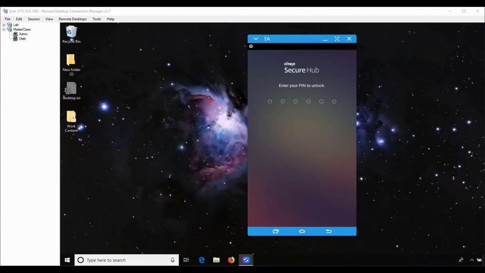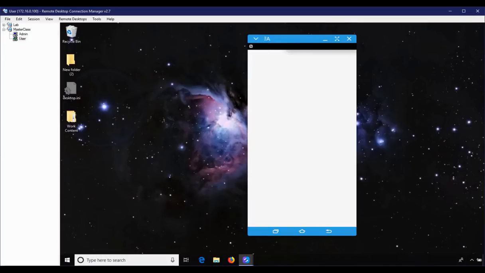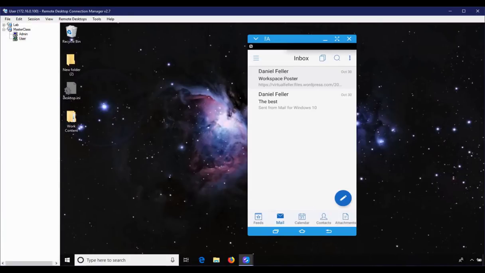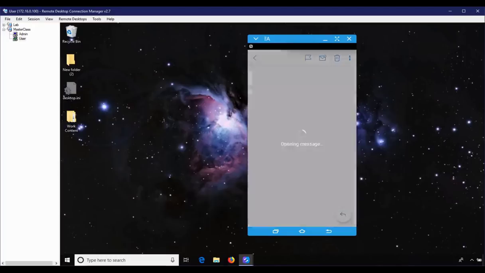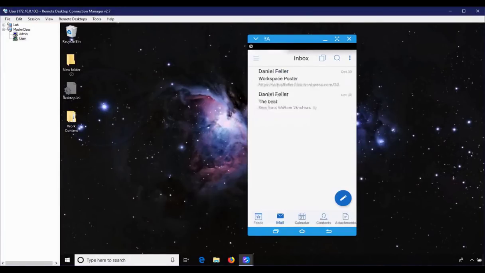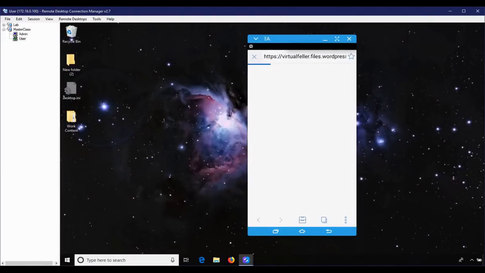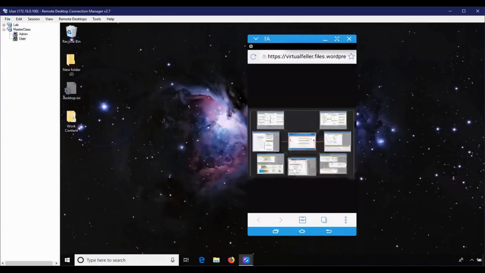Now this PIN, to unlock it, because I've been idle for long enough when changing that policy, the application locked out. So I need the PIN to unlock it, and that's one of the app policies we set up. So I got a couple emails here, just any typical email that you get. But now I want to show you the other aspect of these containers. So I click on the link, and it opens up the link in Secure Web. If I go ahead and copy this URL,